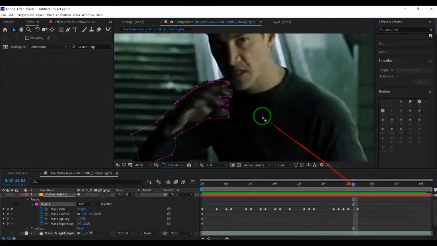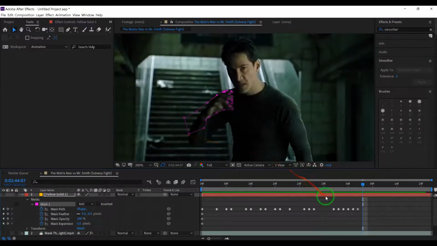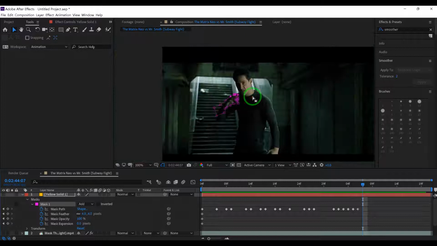Let's see. Okay, so now we got our masking, tracking. We're pretty much done, bro. Okay, so there's our end frame, and we're gonna do this. I'm zooming out with my mid mouse button. Double click and whip that off the screen. Okay, so now we have all of these